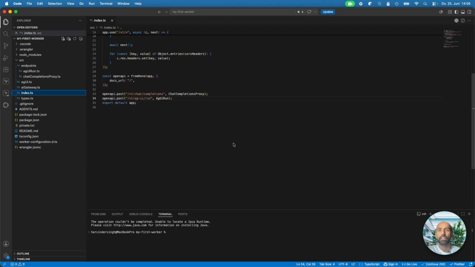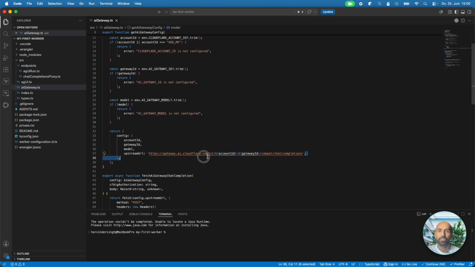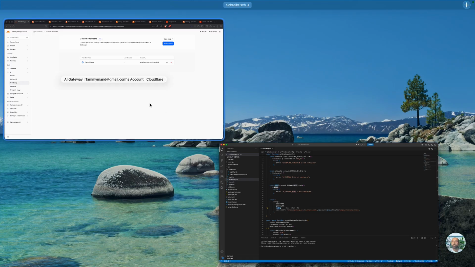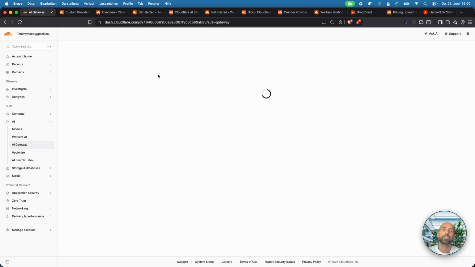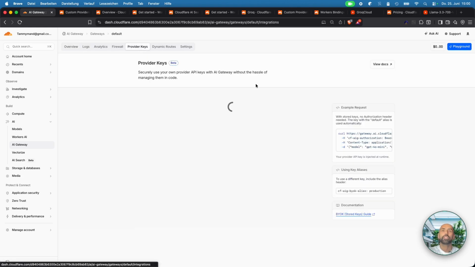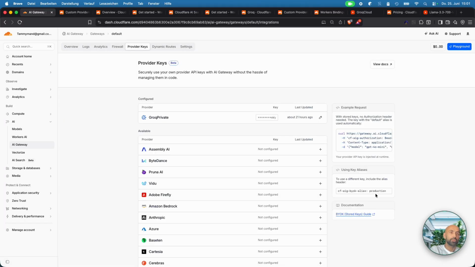And now what we have here: I add two endpoints, one for chat completion, and another endpoint for the AG-UI protocol, right? And that's where chat completion is. Our call is a simple completion, and we pass the model. The model is the custom one, and that's pretty much it. And the token I have also already added. If we go to the gateway, because this is the gateway we are using now, provider keys. So this is my key, this is the alias, you could use a different one,